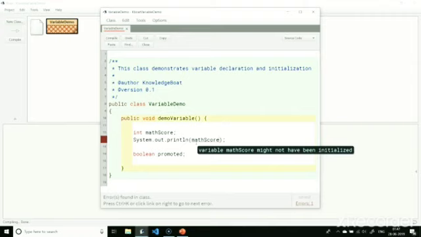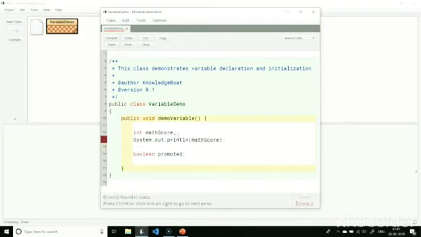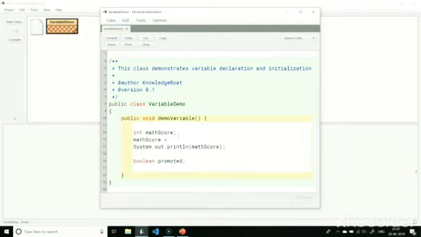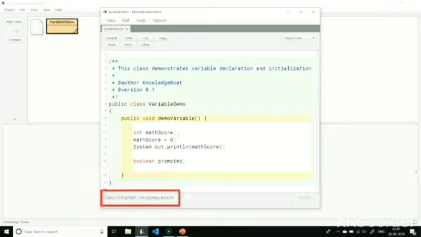Initializing a variable is very simple and straightforward. Just assign a value of the same data type as the variable like this. The error is gone, compiler is all happy now. I am repeating it once again. The value of a variable declared inside a method is unknown. You must initialize your variable before using it. Trying to use an uninitialized variable will result in an error.